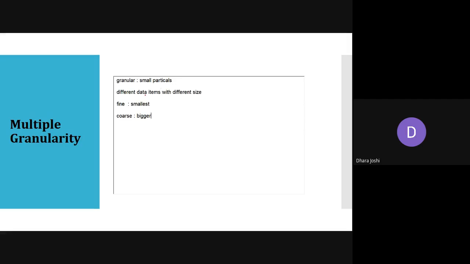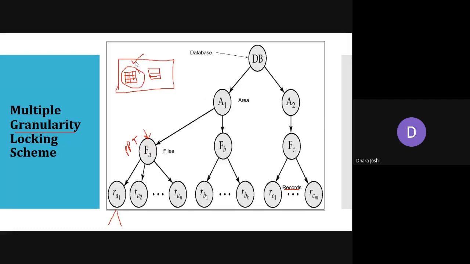We can take one example: if from this entire file I only want to lock this second row, I can call it fine granularity. Fine means the smaller one. If I am just locking this second row only, the rest of the rows can be locked by any other transaction too. So it provides you high concurrency.